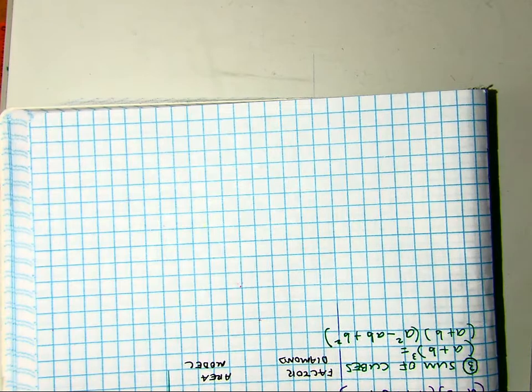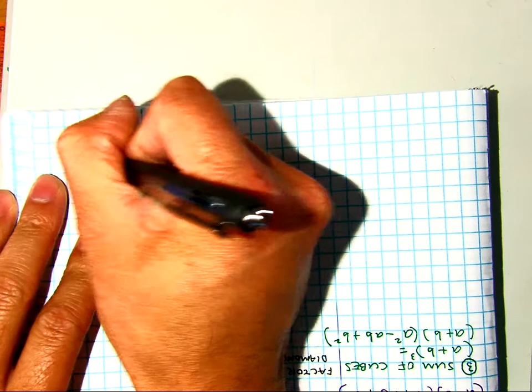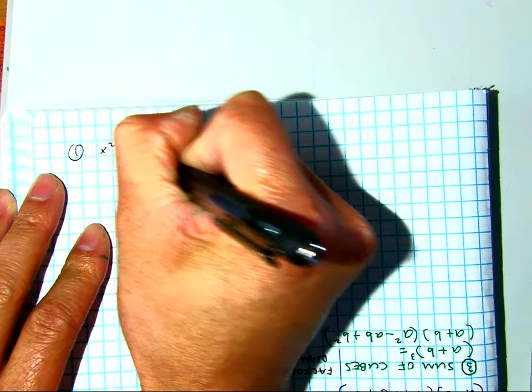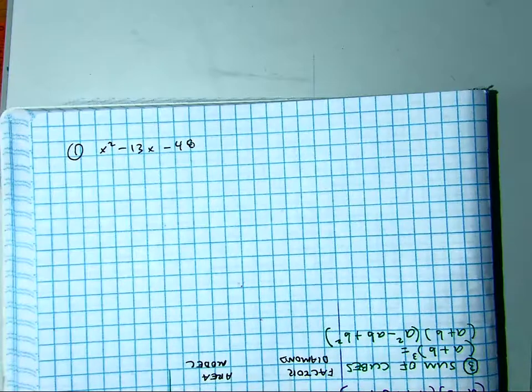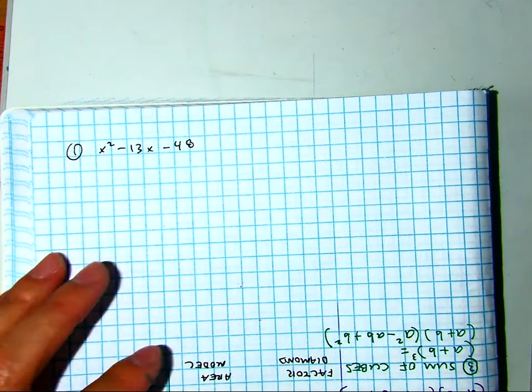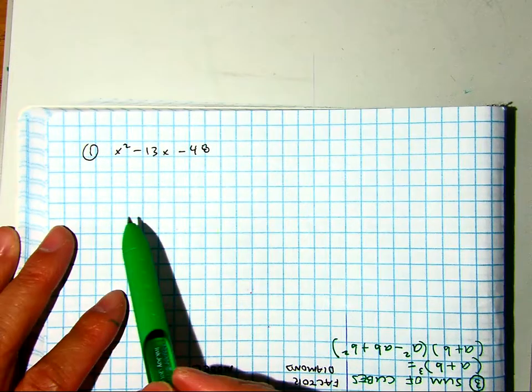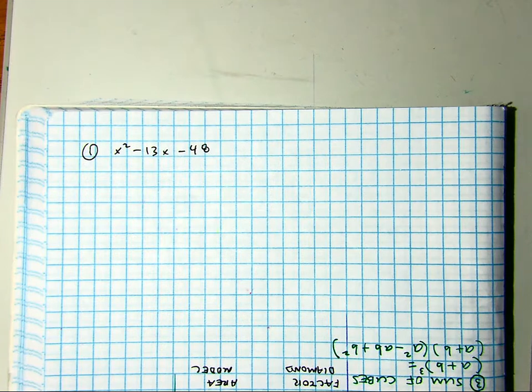Let's factor these. All right. Number 1, x squared minus 13x minus 48. Class, yes or no? Is there a greatest common factor? No, there's not. There is no greatest common factor for number 1